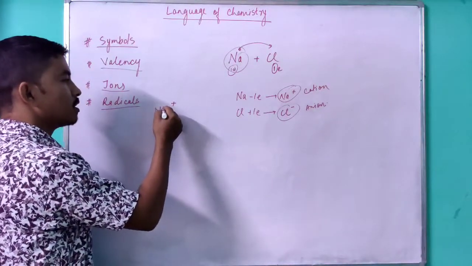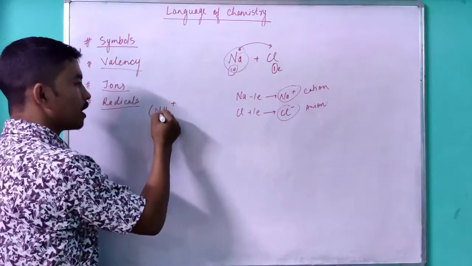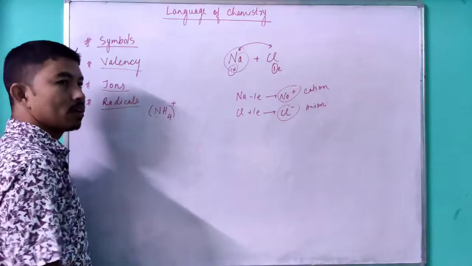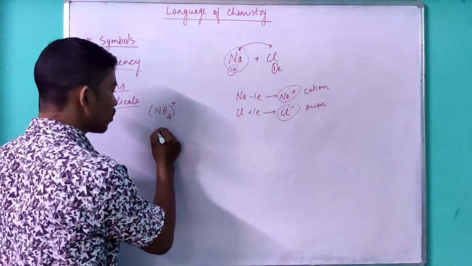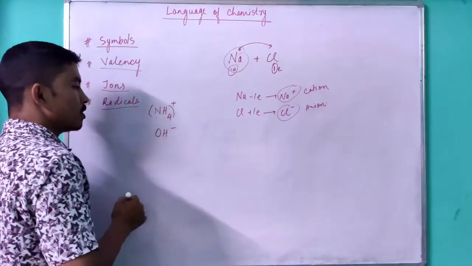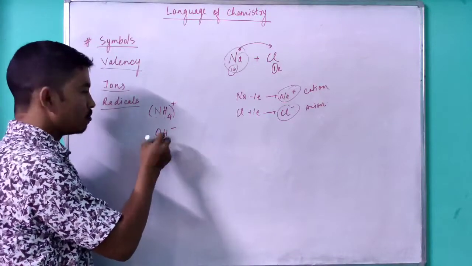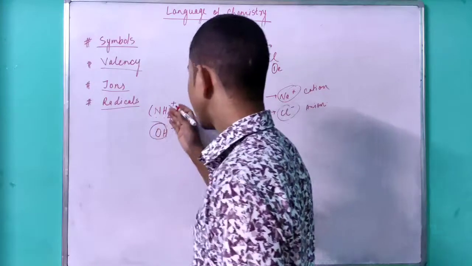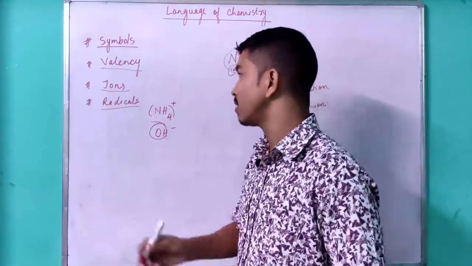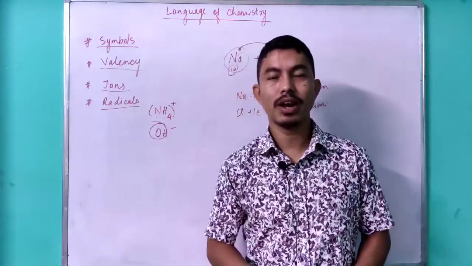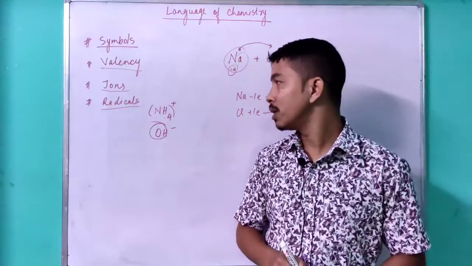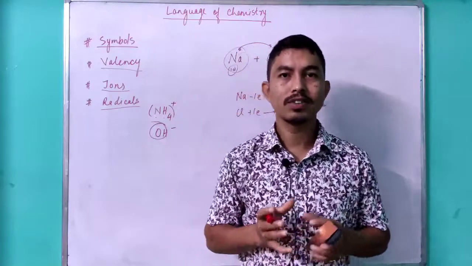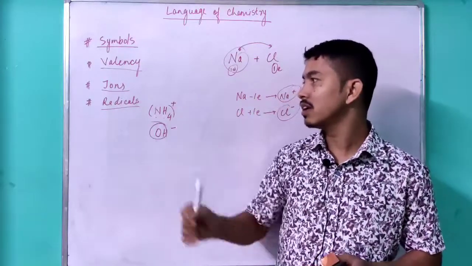It doesn't mean that only the hydrogen is positive, but as a whole, nitrogen as well as hydrogen in a combined state is positively charged. Or like the hydroxyl ion, OH minus. It doesn't mean that only the hydrogen is negative, but as a whole OH has a negative charge. Such charged groups of atoms are known as radicals. So a radical is a group of atoms that behaves as a single unit of charge, singly charged as a whole.